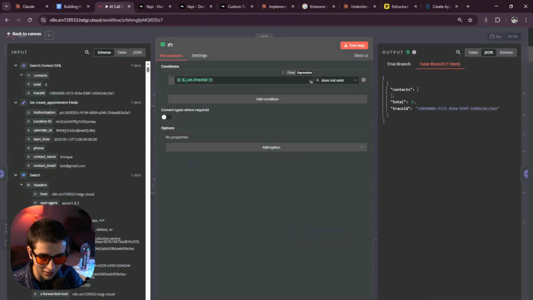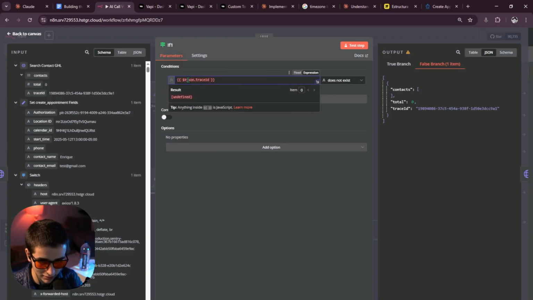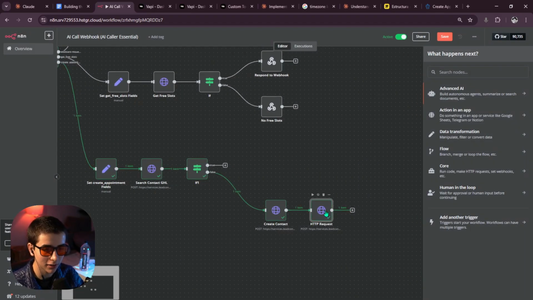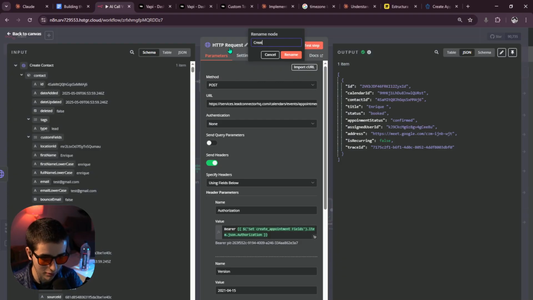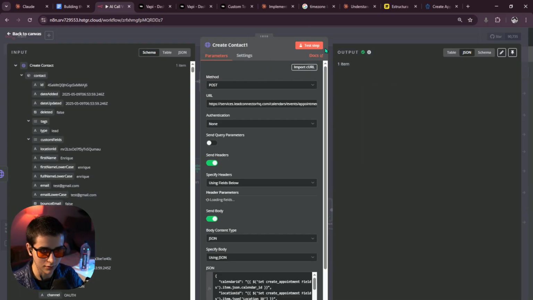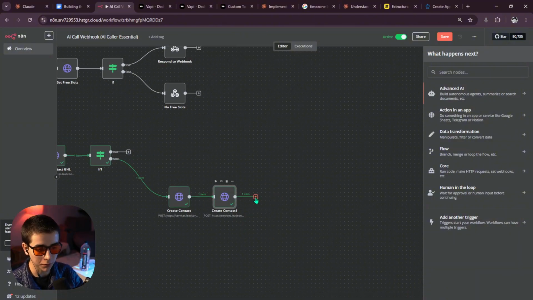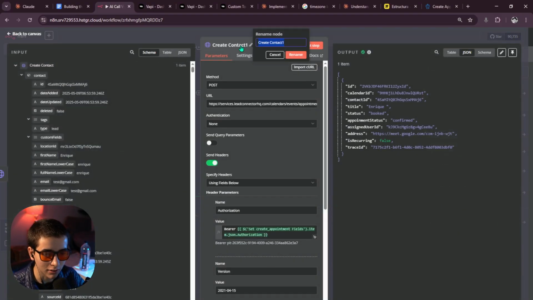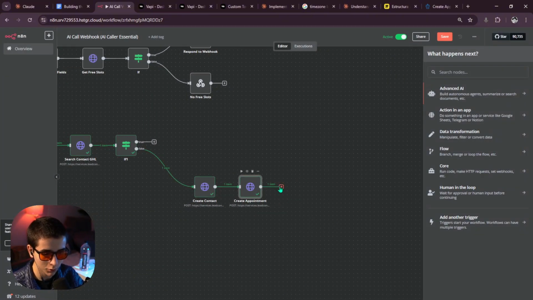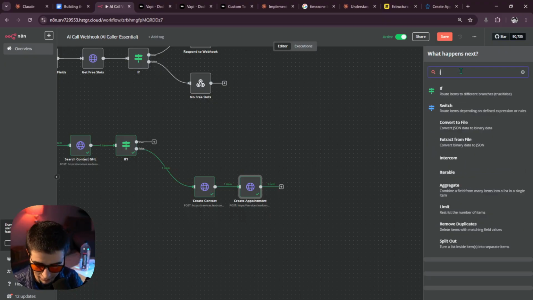Super excited. I'm gonna add contact. So no, I'm just gonna leave this here. So this work, I'm just gonna add create contact, rename. Cool. The next process will be like, no, it's not create contact. What am I doing? Create appointment. Yeah, appointment. There you go. Save. Ready. Cool. The next step will be adding an if else